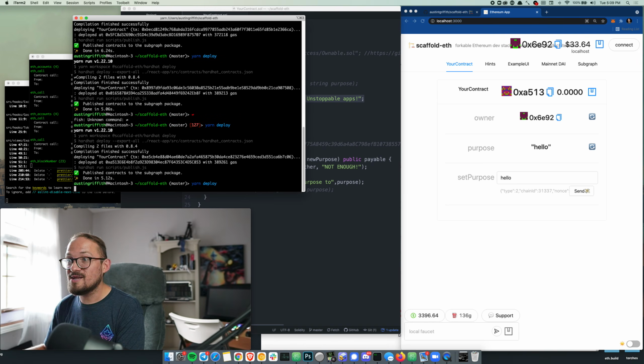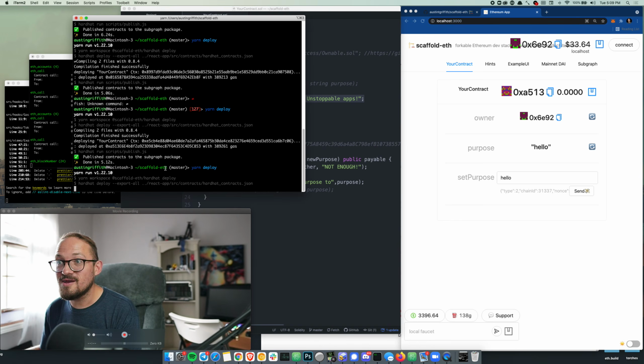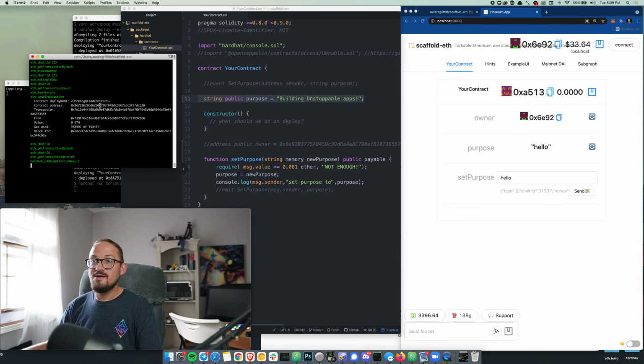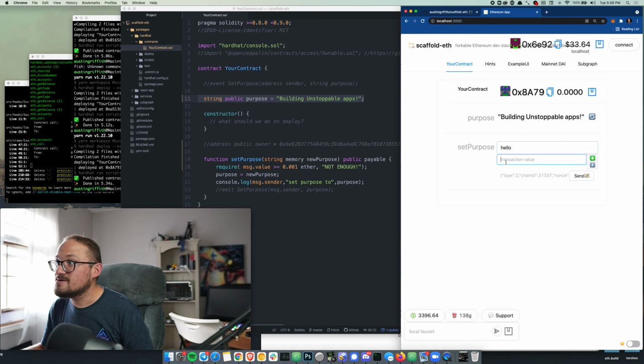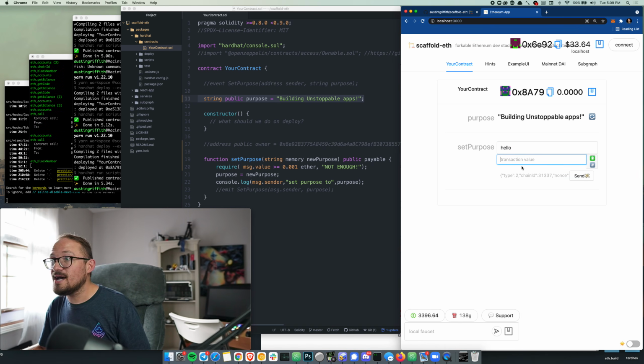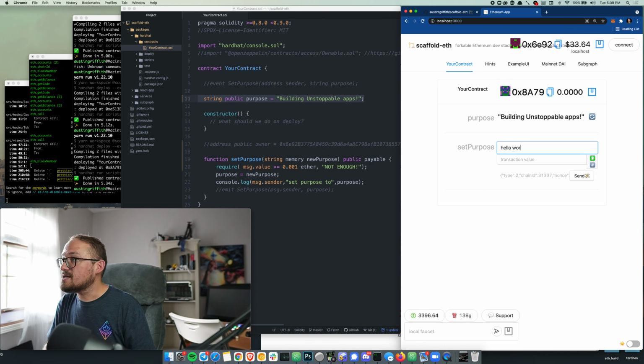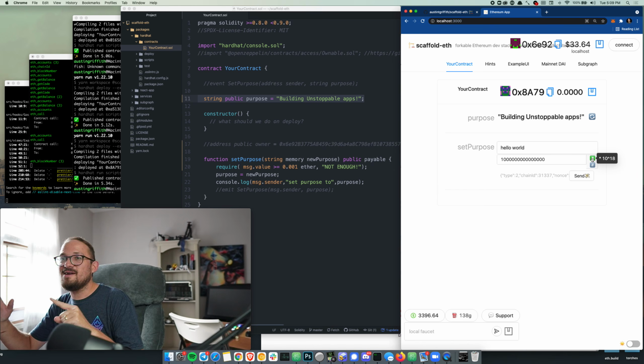Okay, let's go ahead and deploy this and see if I've done anything wrong here. See if it's happy. There we go, compile, deploy, and now our front end updates, and there's a new field here to put in the transaction value. So I'll say hello world, and I'll do 0.001 ether, and we take that ether to wei by multiplying by